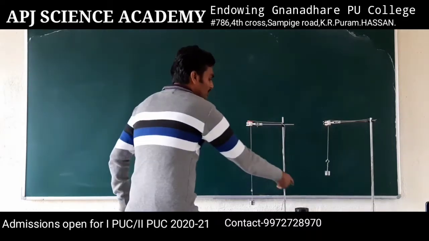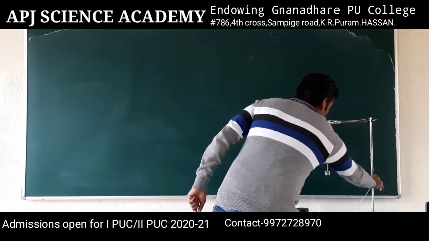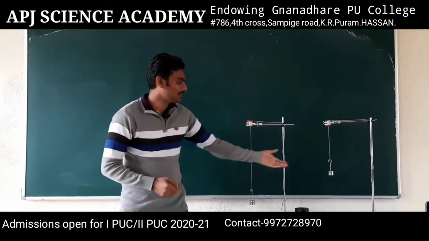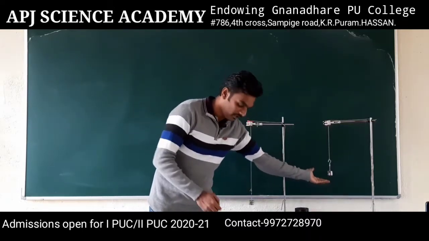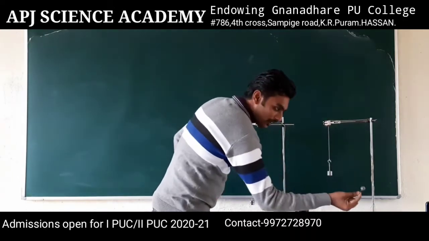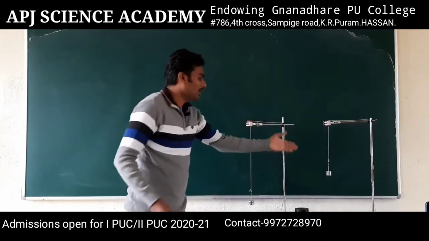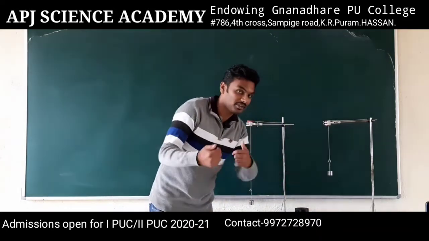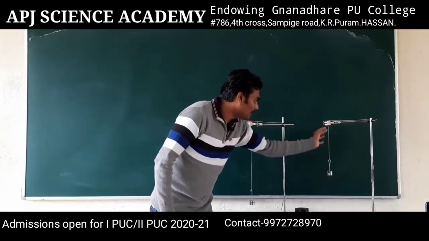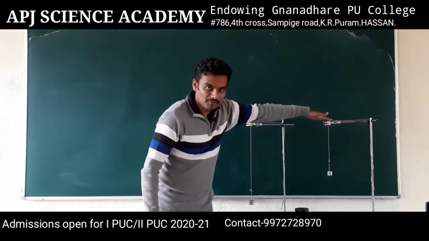But here I have chosen weights instead of a bob for a particular reason. I want to show the dependence of some factor on the weight or mass of the object hung here. Normally the bob is a spherical shaped one which looks like this, but I have chosen this weight hanger particularly for a reason which you will get to know now. This is the bob of the pendulum and this is the thread of the pendulum. And this is the firm support for the pendulum.